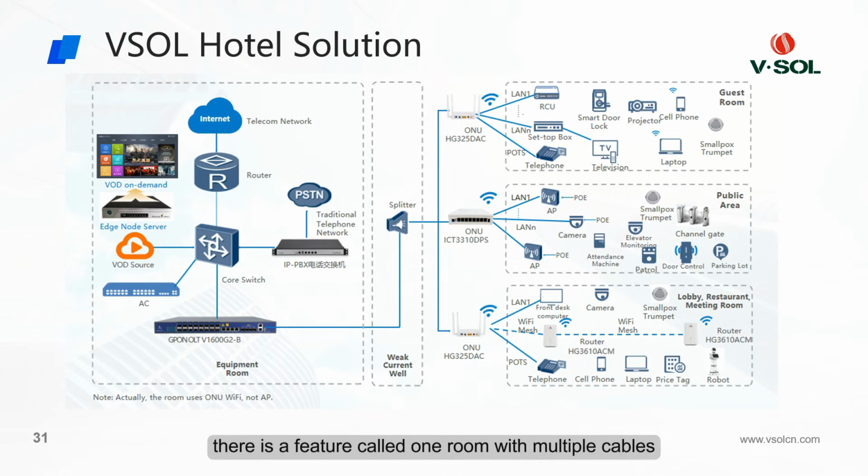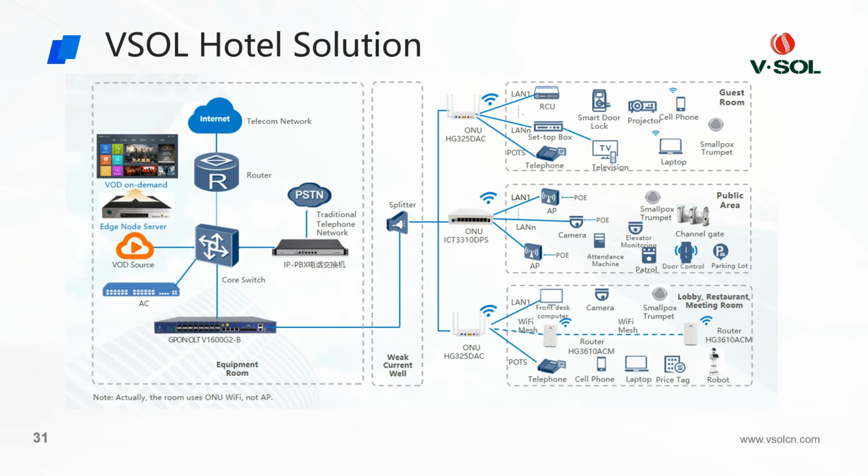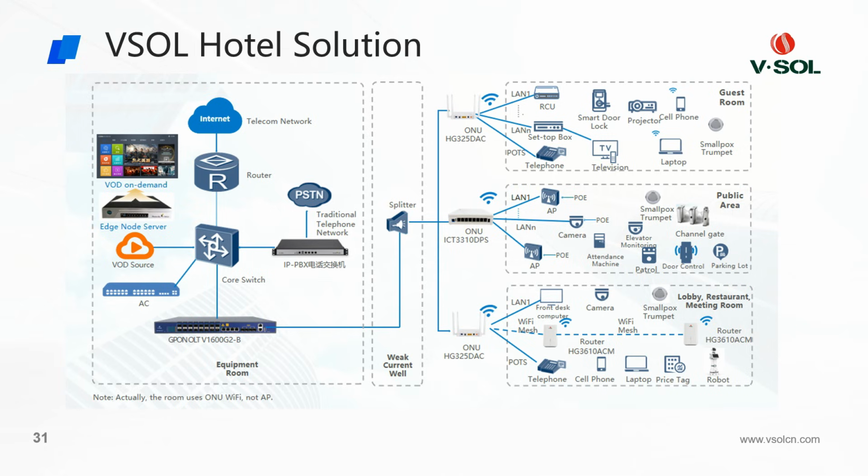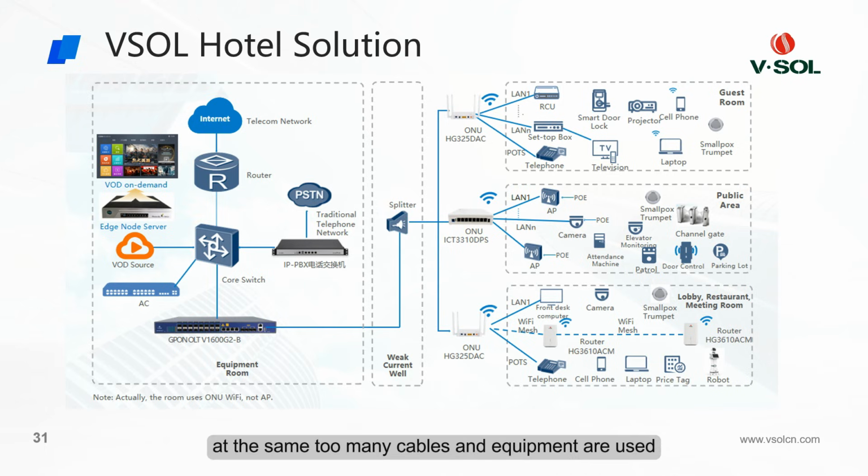There is a feature called one room with multiple cables in traditional hotels, which refers to many copper cables in a room. In general, there are many network equipment systems in hotel rooms with complicated deployment, bringing so much burden to weak current engineers. And this problem has not been well solved. At the same time, too many cables and equipment are used, and it turns out to be more complicated in the process